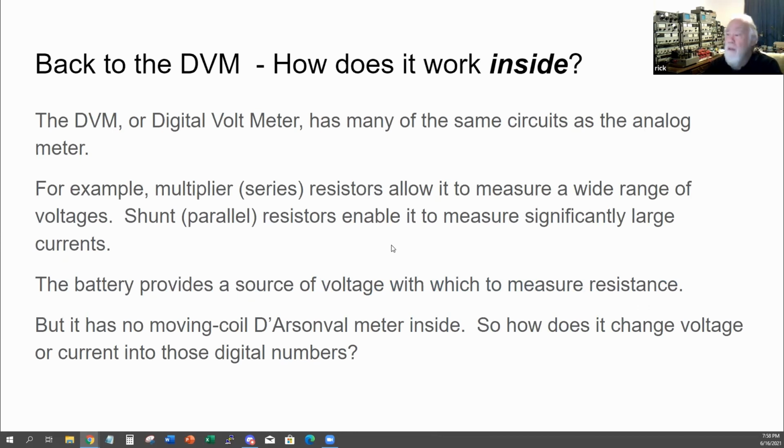The digital voltmeter. We talked earlier about how the different functions in the digital voltmeter were identical to what's happening in an analog meter, such as the series resistors used to measure large voltages and the shunt resistors to measure large currents. The battery provides the voltage to measure resistance, but we have no meter here. So how do we actually get the numbers to appear on the display telling us the current or the voltage